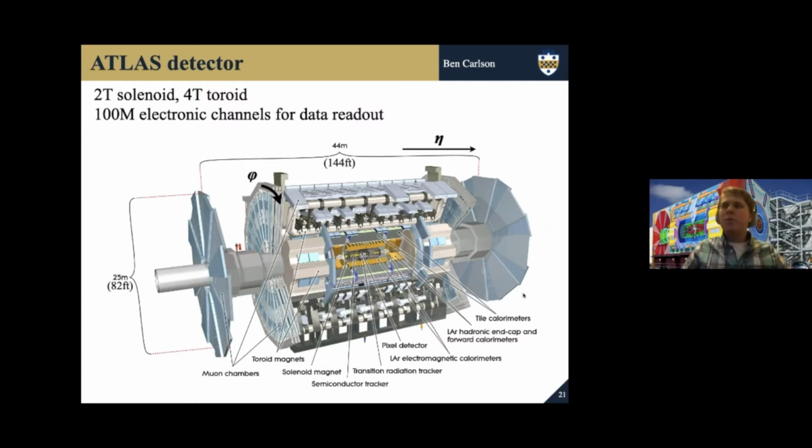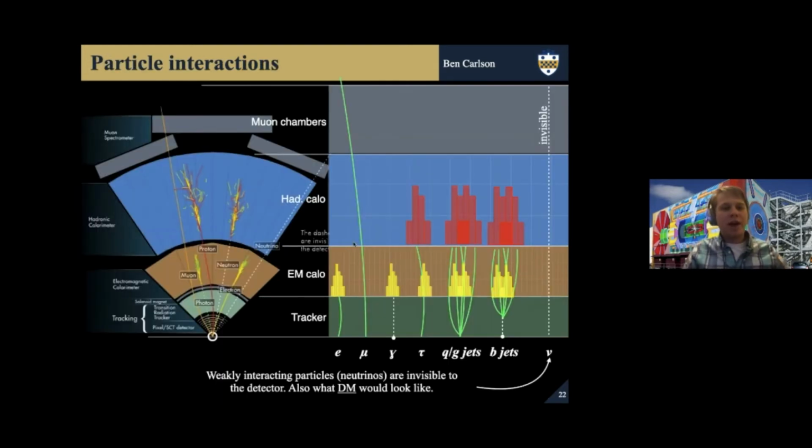So I want to go into a little more detail on the kind of particle interactions that occur when there's a proton collision. There are lots of things that can come out of these interactions. You can have, for example, an electron. The electron will bend in the magnetic field and deposit energy in the calorimeter, so you can measure both of those things. The muon is a charged particle, so it bends. It doesn't deposit anything in the calorimeters,